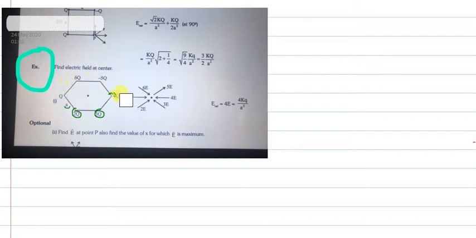See, in this diagram, first we have to look at the center. So at the center, the direction of the electric field because of this 6q charge. So first of all, we will give numbers to these charges. Suppose this is charge number 1, this is charge number 2, this is charge number 3, 4q, this is charge number 4, this is charge number 5, and this is finally charge number 6.